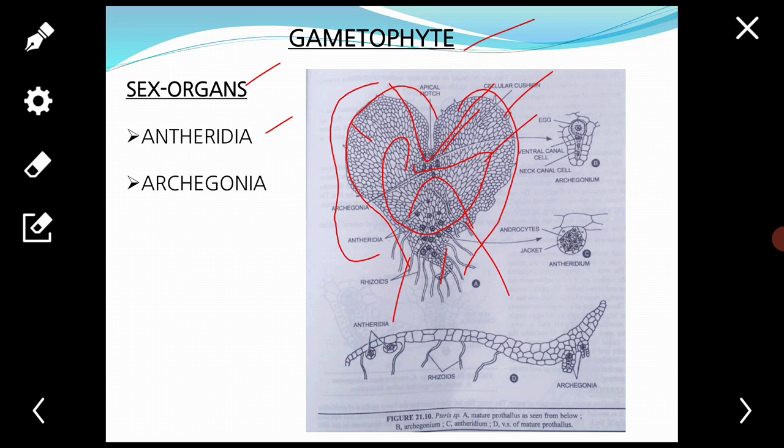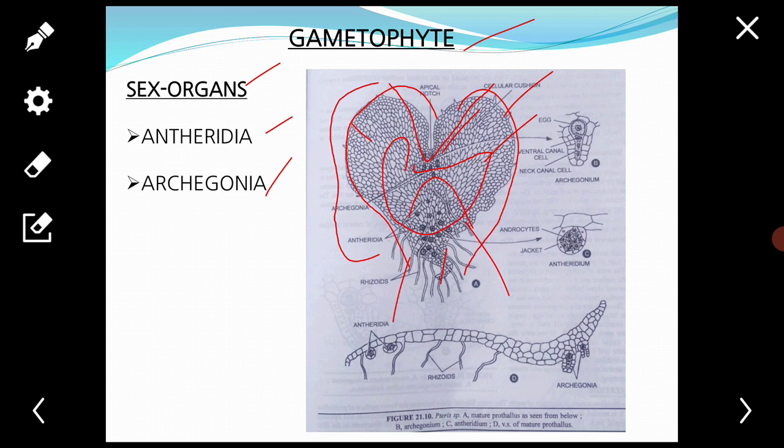Sex organs. The gametophytes of Pteris are monoecious and bear both the sex organs, antheridia and archegonia. Under favorable conditions, they develop only the antheridia at first. However, they develop archegonia at a later stage. The monoecious prothalli are protandrous, meaning they develop antheridia earlier than the archegonia. The sex organs are formed on the ventral surface of the prothallus.